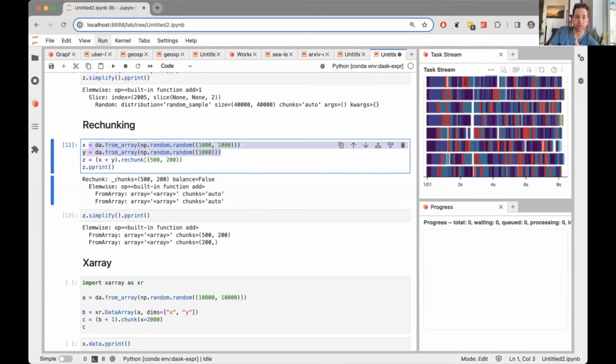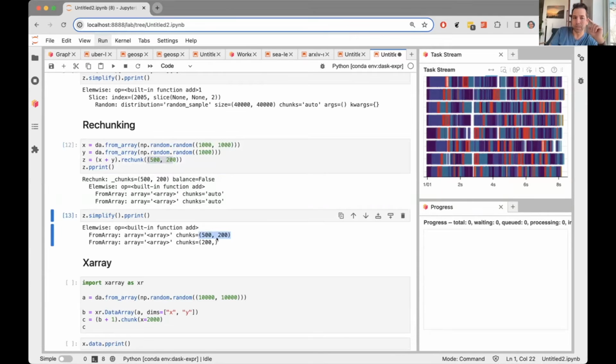So we've got 500, 200 on the first array here. And I've got to rechunk this second array also by 200 because that's the way it's going to broadcast into the top array. So rechunking gets interesting. And there are various ways in which we can push rechunks through blockwise operations, through elementwise operations, through transposes, through slicing. And that's where the interesting challenge is in the high-level query optimization for array